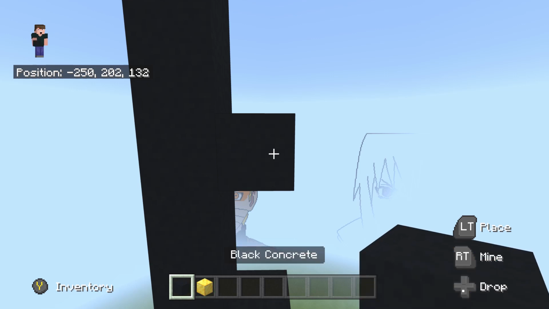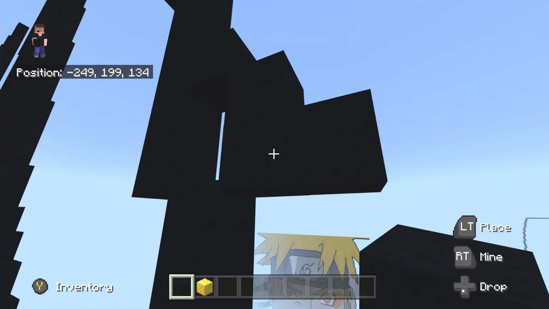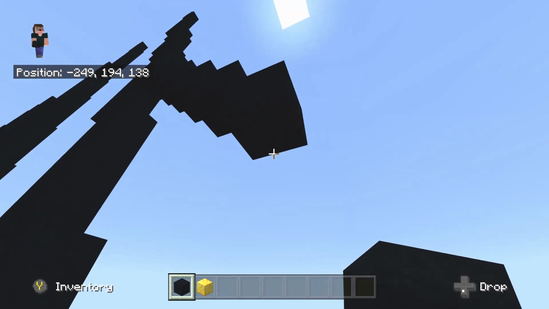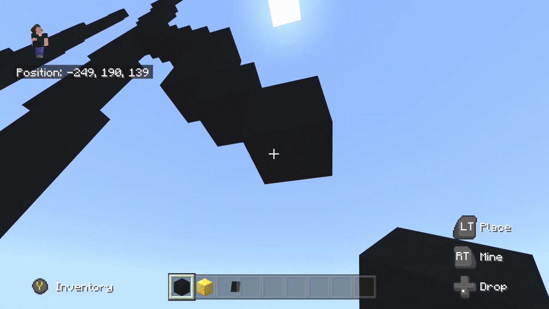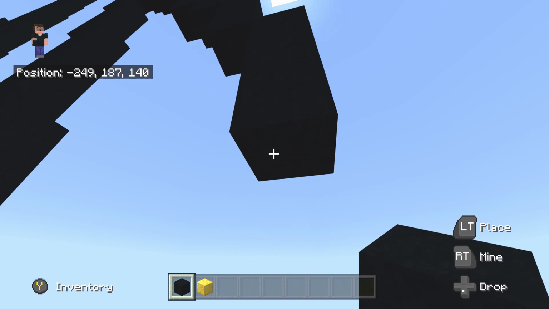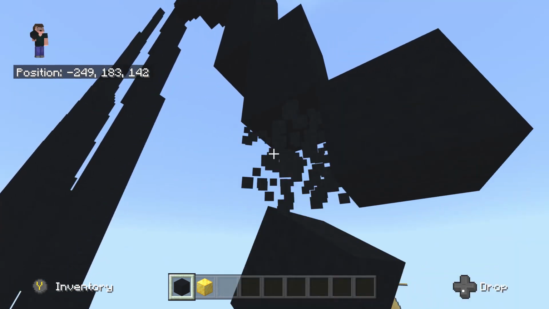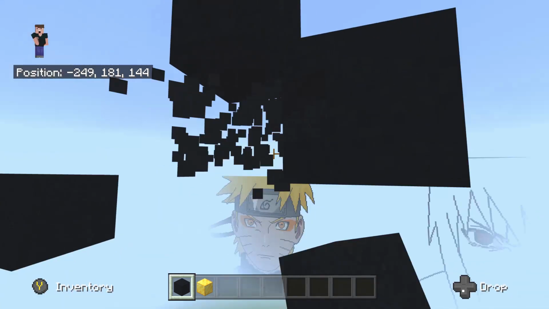And then from here, with our black concrete, we're going to do 5 bottom right diagonals. So 1, 2, 3, 4, and 5. Then we place 2 going underneath, so 1, 2, and then we're going to do 2 bottom right diagonals, so 1 and 2, and place another 1 underneath, and then do another bottom right diagonal, and place 3 going underneath, so 1, 2, 3, then do another bottom right diagonal, place 1 going underneath, do another bottom right diagonal, and then do another bottom right diagonal, place another 1 underneath, and then do another bottom right, place 1 to the